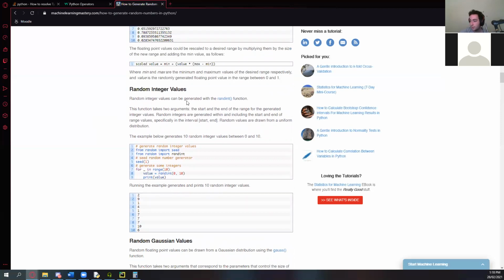The random integer values can be generated with the randint function. This function takes two arguments, the start and the end of the range for the generated integer values. Random integers are generated within and including the start and end of range values, specifically in the interval start to end. That's a pretty important clarification in programming, and we'll get to it a bit later on, that things usually generate